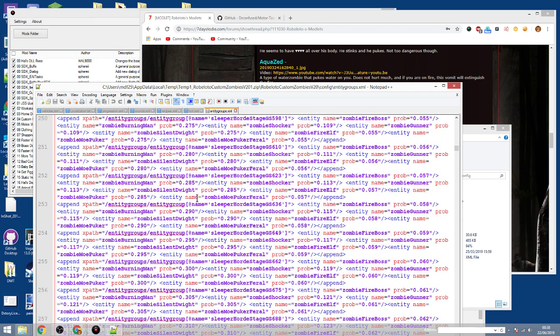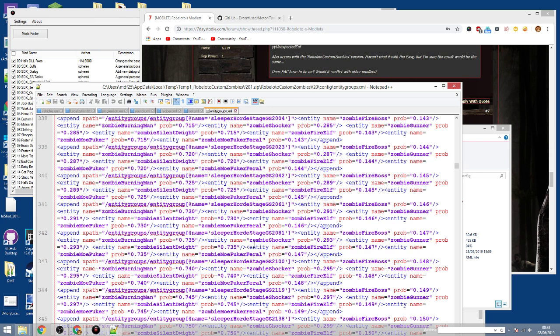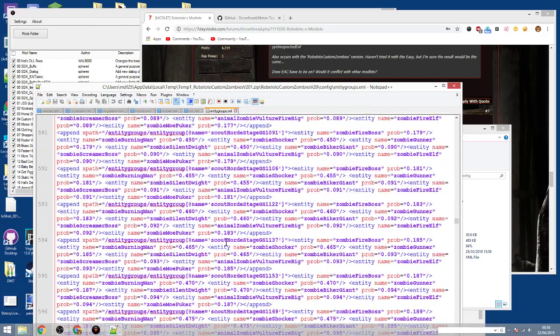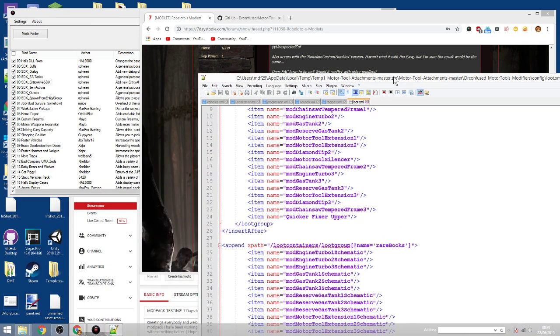Okay. So yeah, does he have those to game stages as well? Sleeper horde stages. So yeah, he has them to all the sleeper hordes as well. Okay, so yeah, he pretty much adds all those to sleeper hordes. I guess to blood moons too. I guess so. So yeah, he adds all of these guys into the blood moons. Okay, so